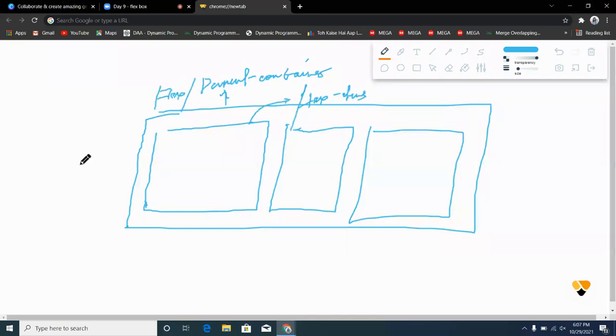All these items are your flex items. Now, this particular axis is your main axis, and this particular axis is your cross axis. You do not have to learn about main axis and cross axis, but you need to learn about the flex container and the flex items.